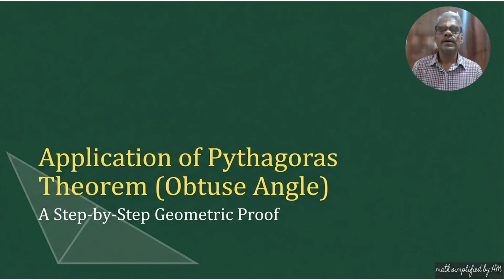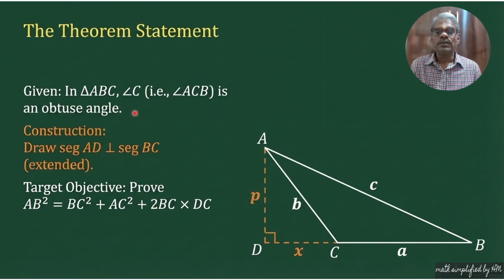Grab a notebook, use the pause button whenever you need, and let us get started. Application of Pythagoras theorem to obtuse angle triangle. A step-by-step geometric proof. The theorem statement: